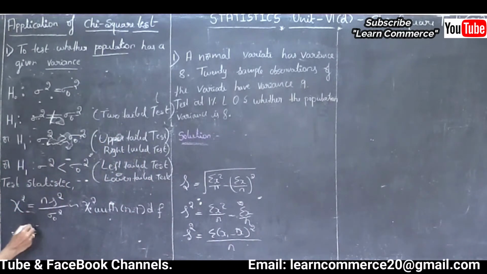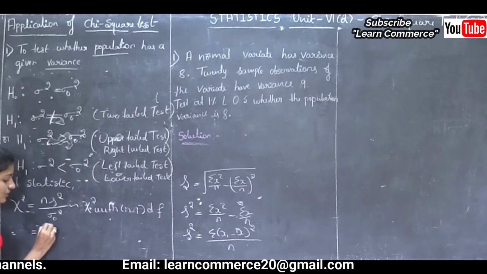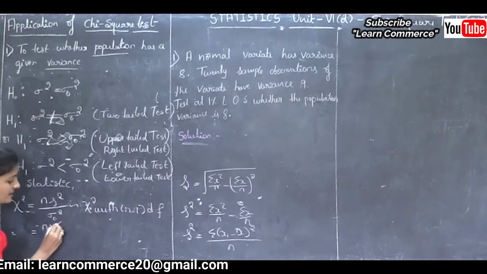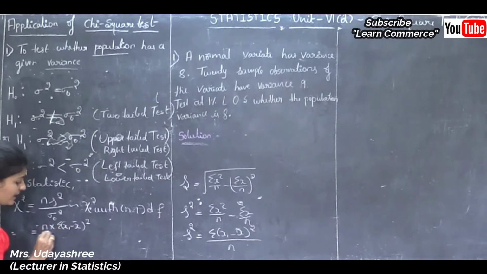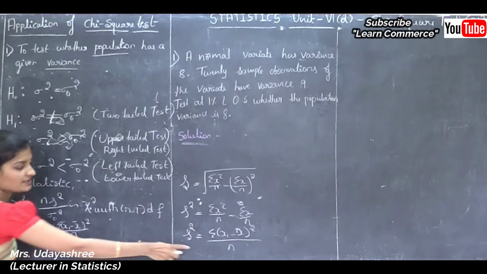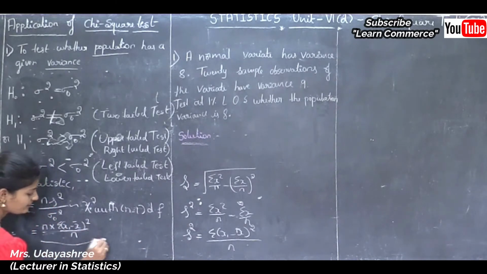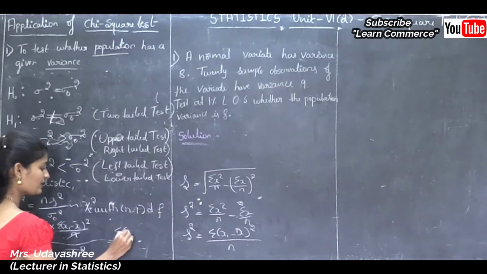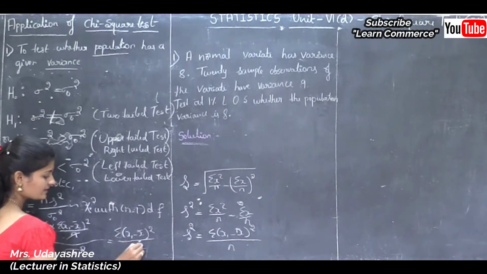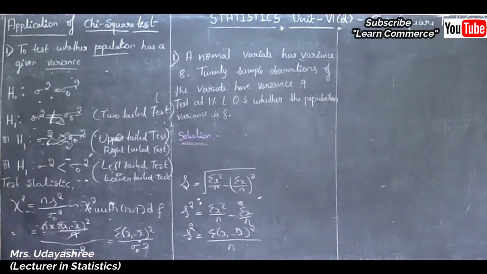So in the place of x square, I will substitute that formula, that is n into s square. The formula is summation xi minus x bar whole square divided by n, and the whole divided by sigma naught square. See here, n and n get cancelled, the remaining terms are summation xi minus x bar whole square divided by sigma naught square, which follows chi-square with n minus 1 degrees